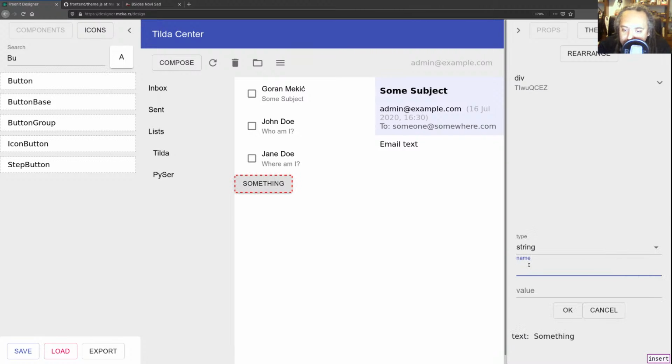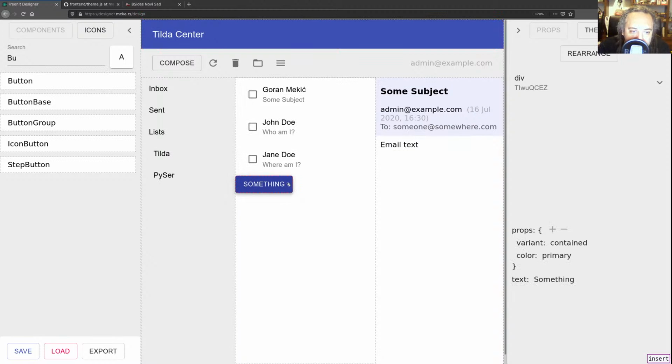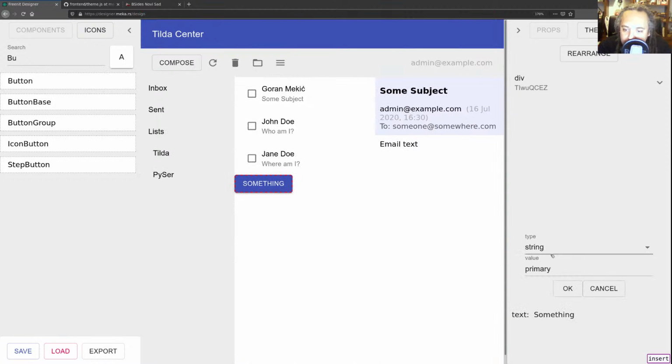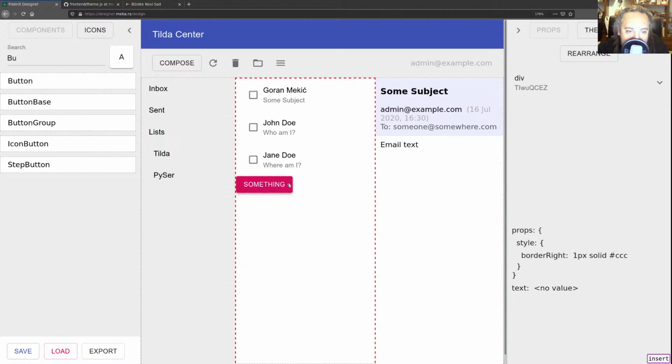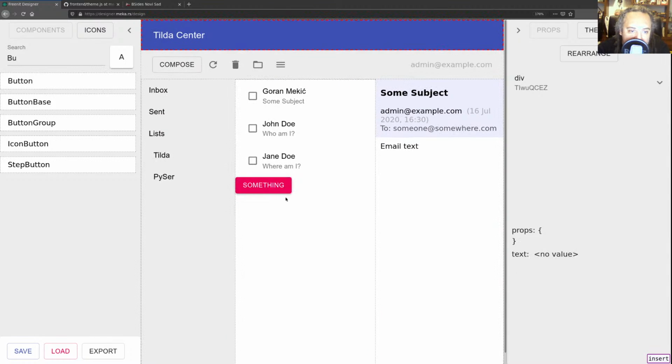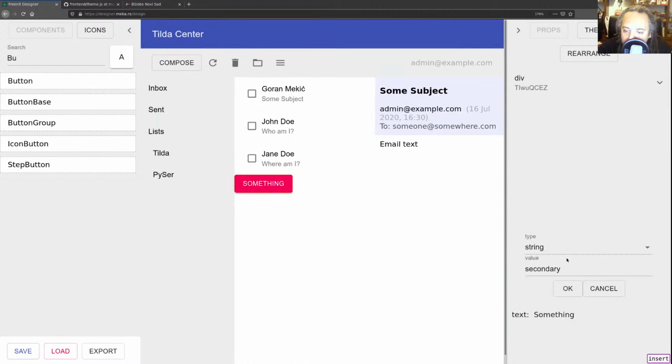Okay, I can say color is either primary and it's going to be the same color as this, or I can say secondary, and it's gonna use a different color set for hovering, for displaying, and so on. So you can see that it's darker when I hover it, and in primary